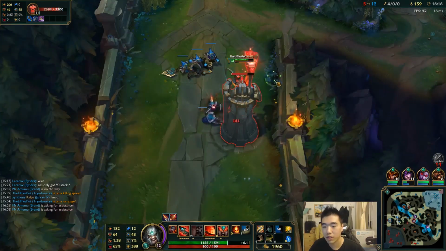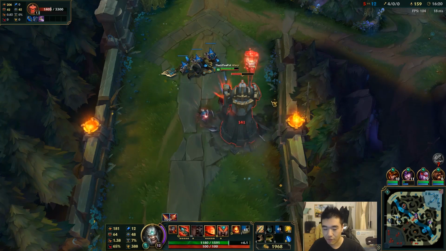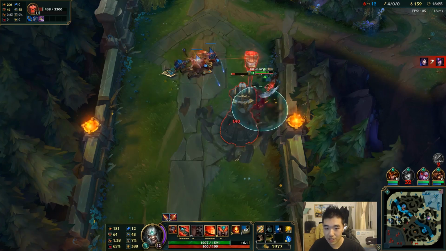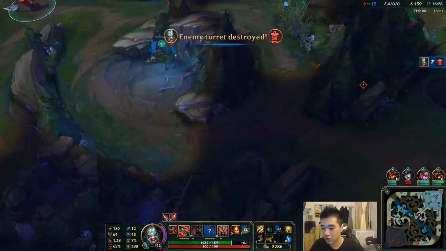Well, actually, my team's doing okay. I was going to hold all responsibility for Rift Herald, but if my team wants to do it, then that's fine. I'll just take this tower and roam mid instead, and just group with my team to defend the Rift Herald. And potentially we can take one or two towers, so this will be...